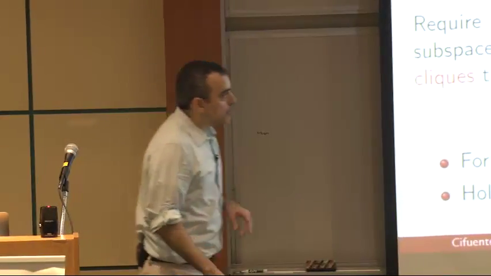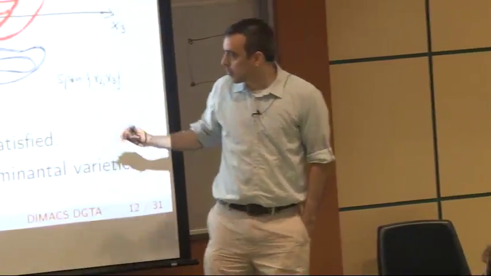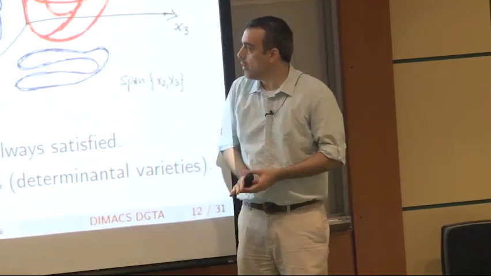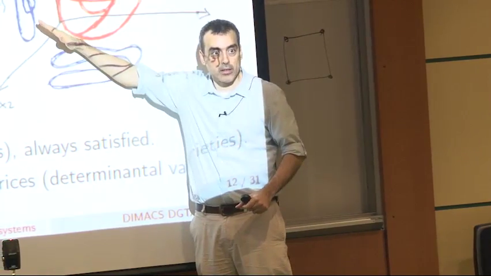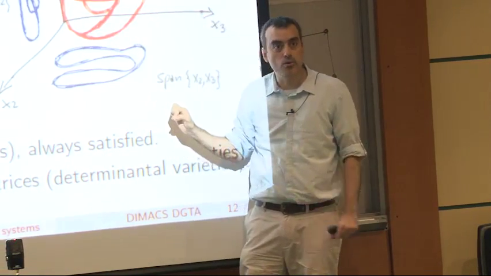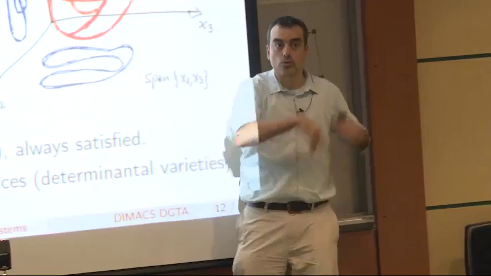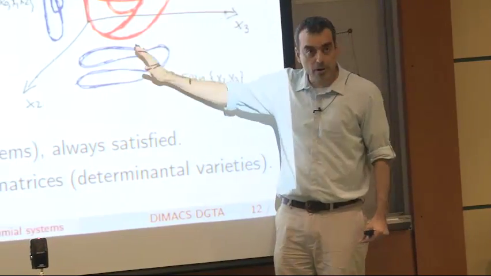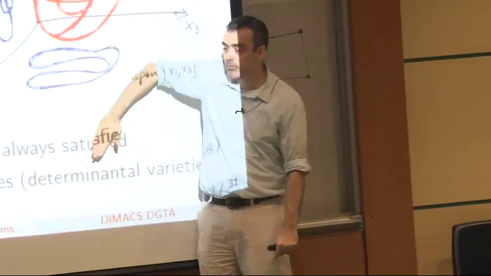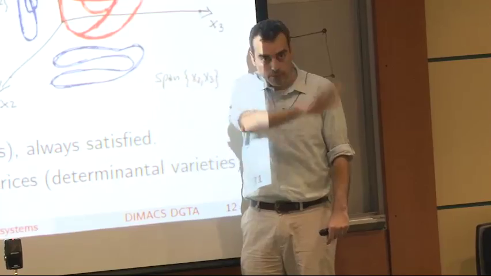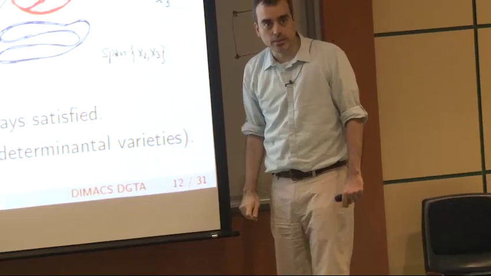The question is, by degree, you mean degree of a single polynomial? I mean, no. When you have an algebraic variety, there's a notion of the degree of the variety. What does it mean? Think about the case of curves, like I have in here. You intersect this with a random line, and you count how many points you have. And when I say a random line, you're going to count the intersections over the complex numbers. There's a number which will not depend on which line you pick. It's a generic property on a variety. If I take a random line in any direction, the number of intersections over the complex numbers is going to be a fixed number. And that number is going to be exactly the degree of the variety.